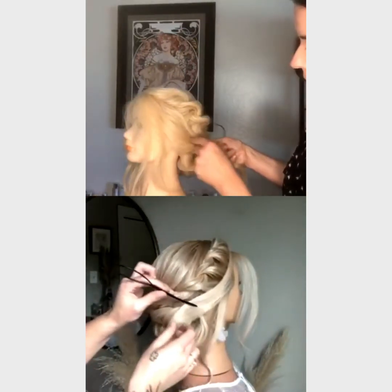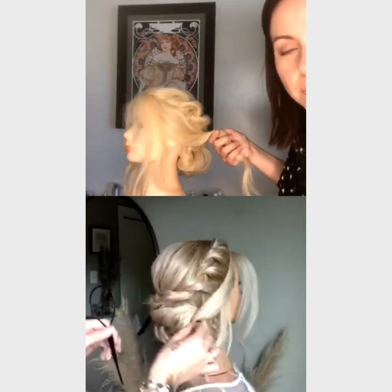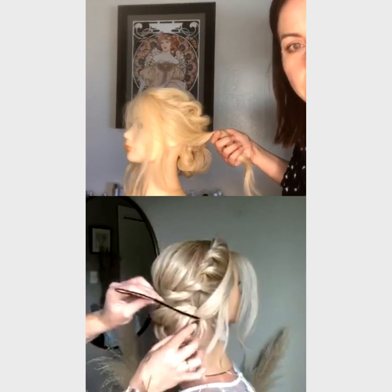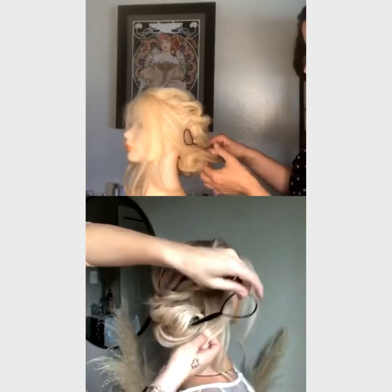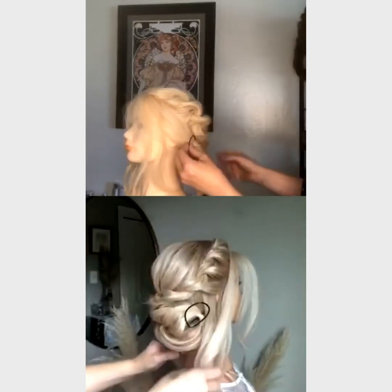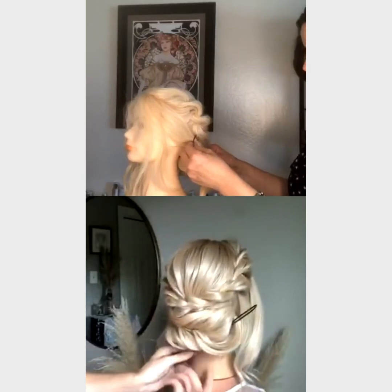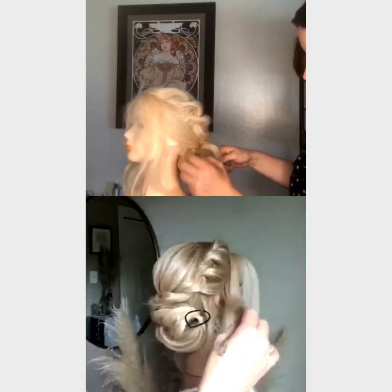Okay, so I'm gonna leave that out at the side. Maybe have a little soft piece here out. And then I'm just gonna loop this through to cover that elastic there. Okay. So I'm gonna take this and I'm gonna feed it through like this. And I want it to come out towards the center here so I can just pin it up into the center after. So let's take this here